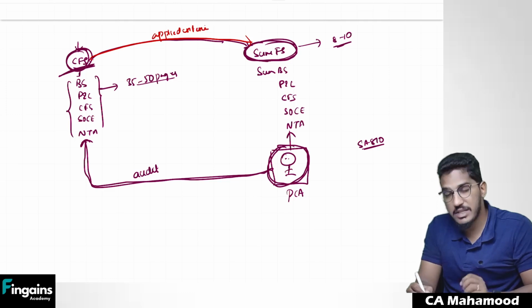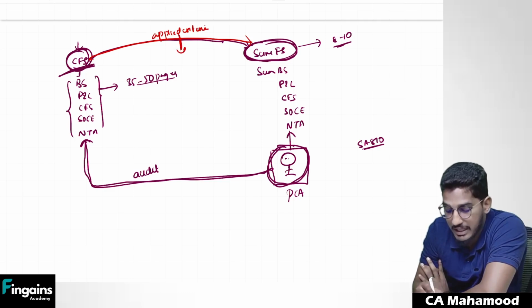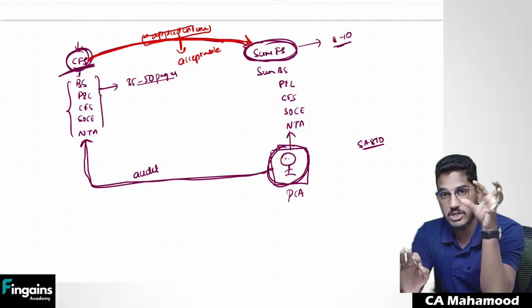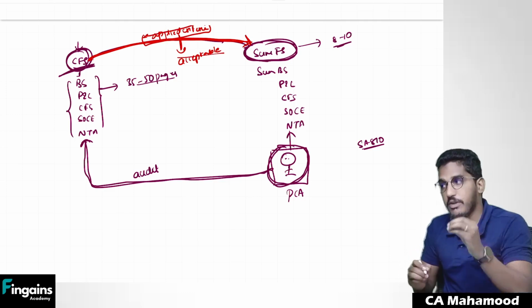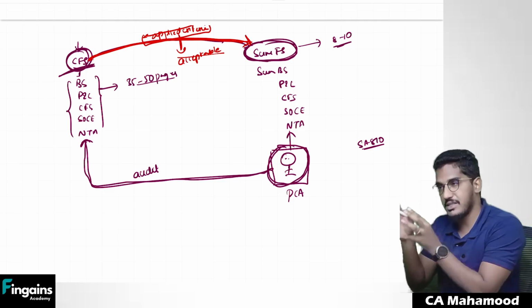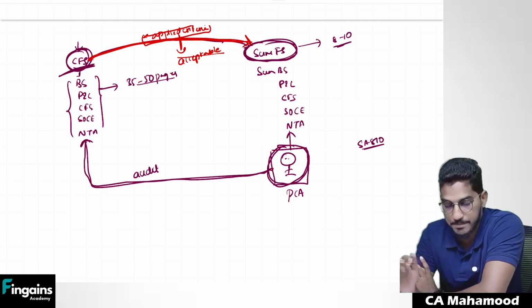So the first thing I need to consider before accepting such an engagement is whether this applied criteria, whatever criteria management has applied in preparation of that summary financial statements, is acceptable or not. That means, did they follow appropriate criteria for that summarization? If you came to know that the applied criteria is not acceptable, whatever basis management has followed for summarization, don't accept the engagement. If you find it acceptable, yes, the management has applied proper criteria on whatever basis they did the summarization, and that is resulting in a proper presentation, then you can happily accept it.